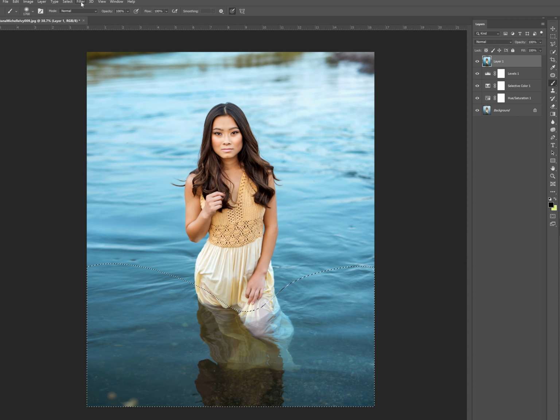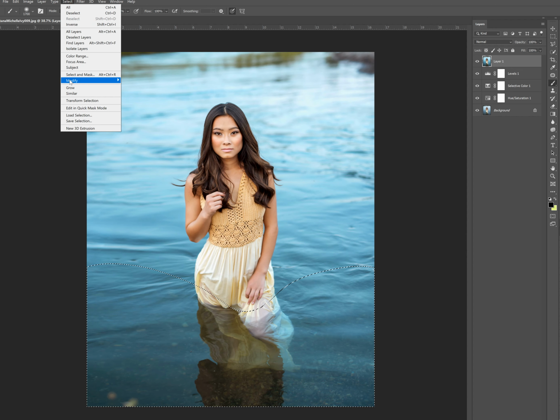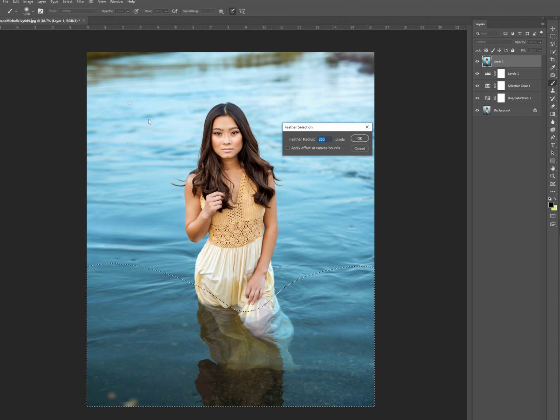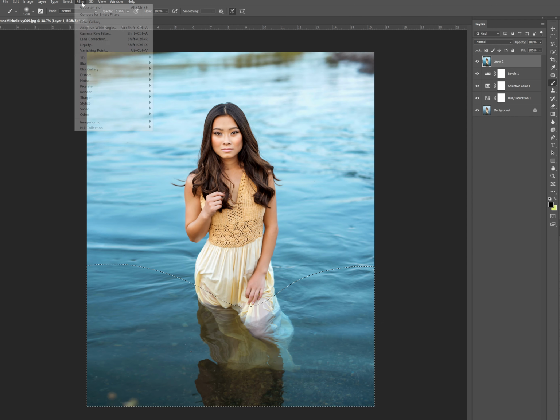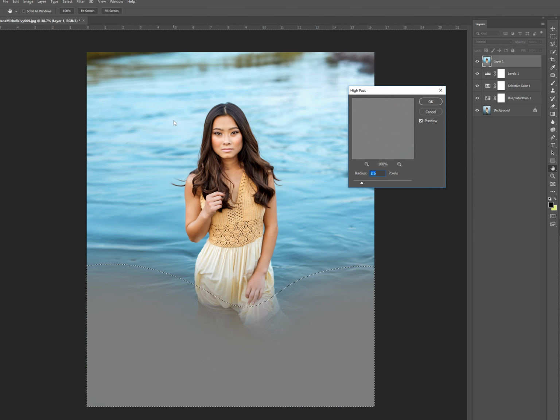And once it shows me the marching ants, then I'm going to go to select, modify. I'm going to feather, and I'm going to feather to 250 pixels. Okay. Then once I have what I want sharpened and it's feathered, then I go into filter, other, high pass,